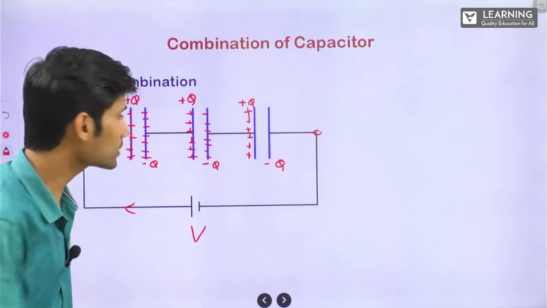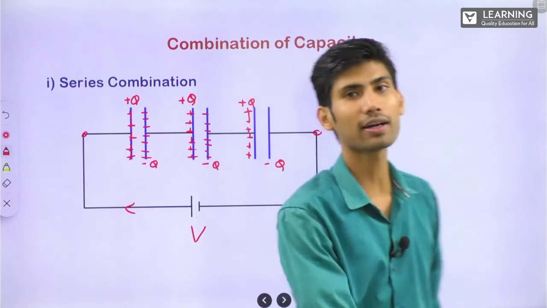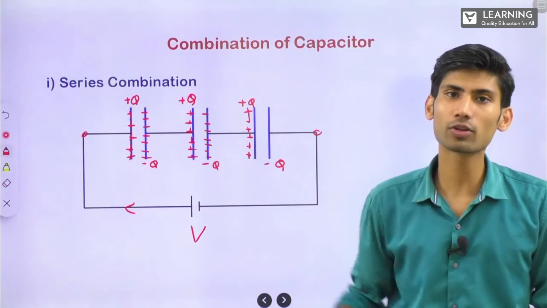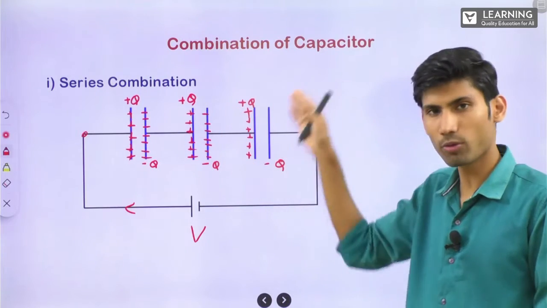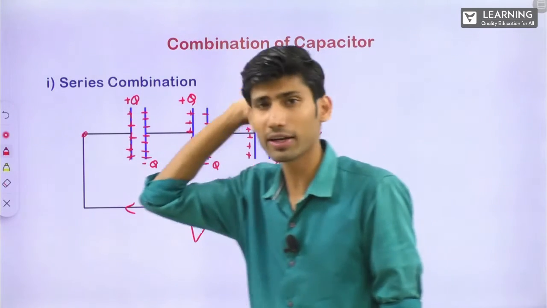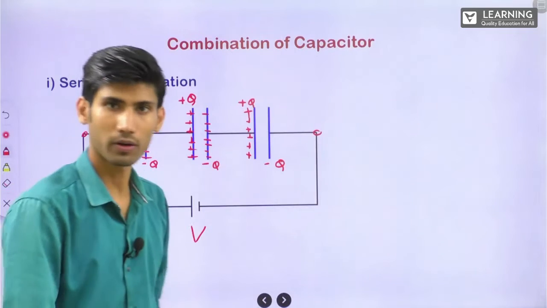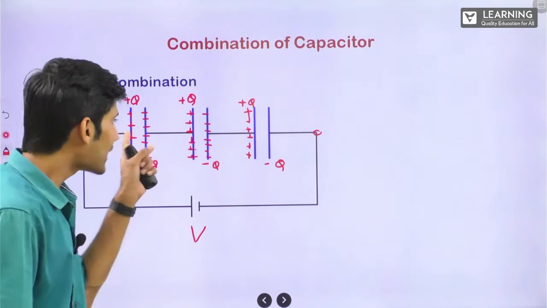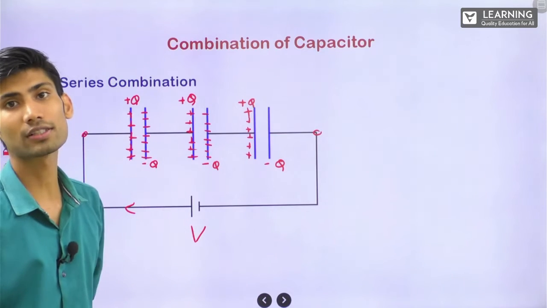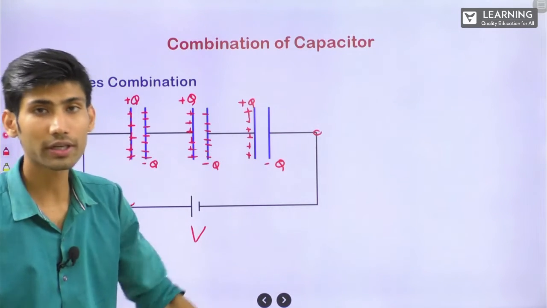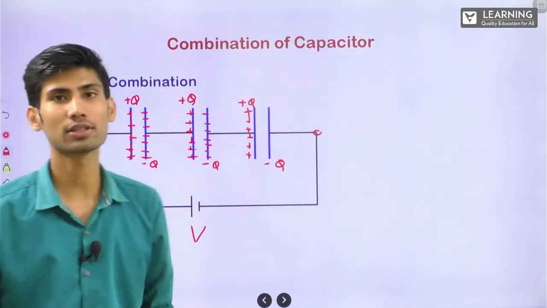So first thing was 3 uncharged capacitors, when they are connected in this way, it is called series combination. Not 3, any number of uncharged capacitors if they are connected. It can be 4, 5, 6, 7, 8 till infinite, n number of capacitors. Alright. Second, charge across all the capacitors is same. Charge flowing through all the capacitors will be same. Charge flowing through the circuit, if it is Q, through all the capacitors it will be Q.